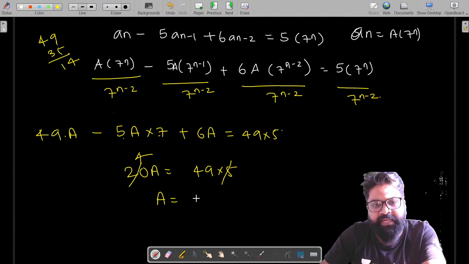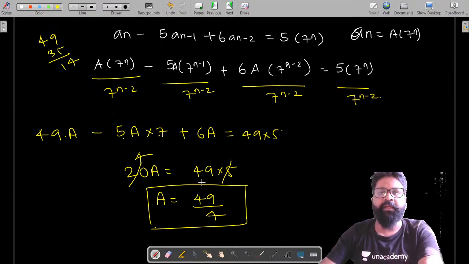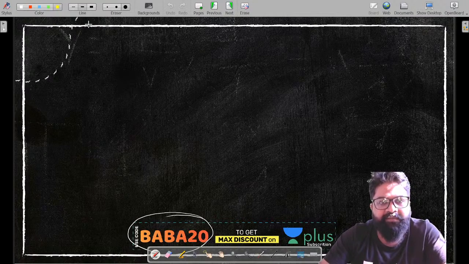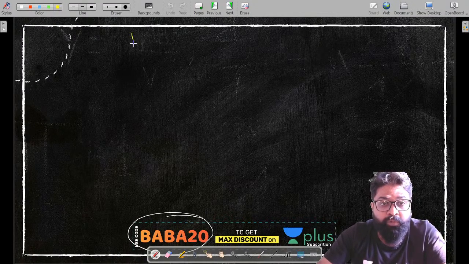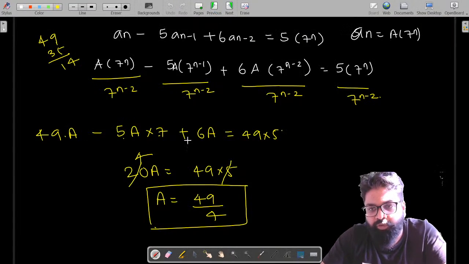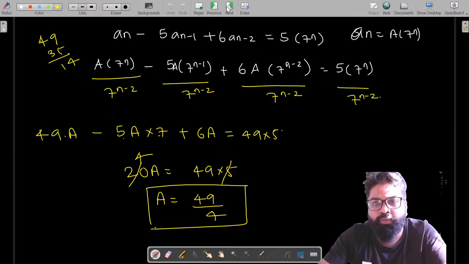So here you will be getting the value of a is 49 by 4. So this is the value of a you will be getting. Now try to substitute over here such that you will be getting the values of the homogeneous characteristic equation plus the non-homogeneous characteristic equation. So the value of a, what you will be getting, is 49 by 4 into 7 by 9,